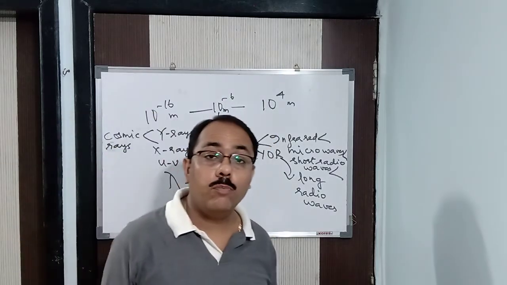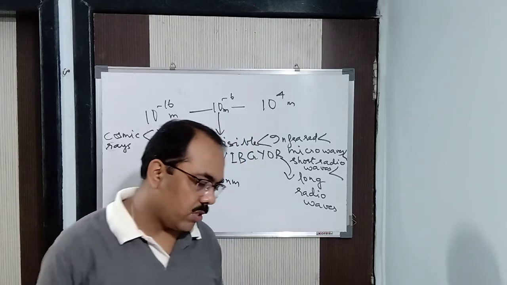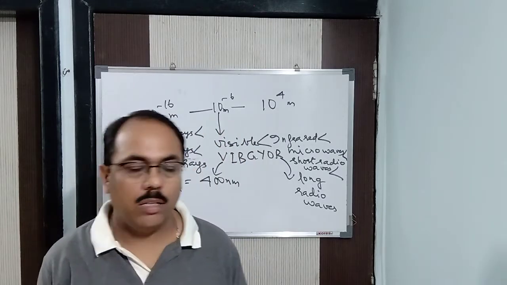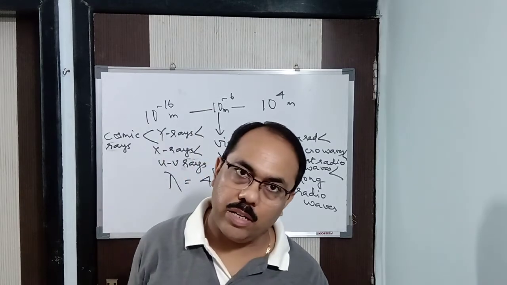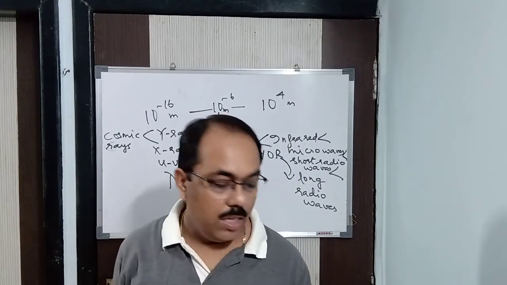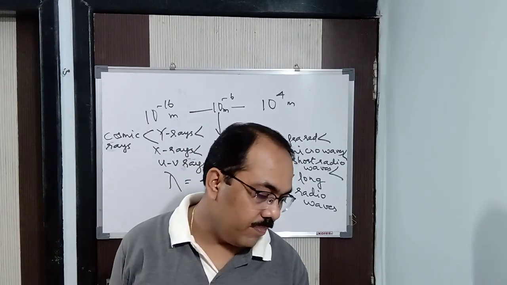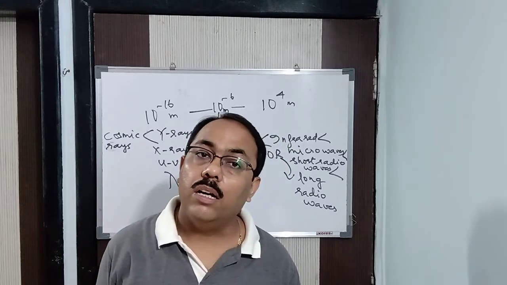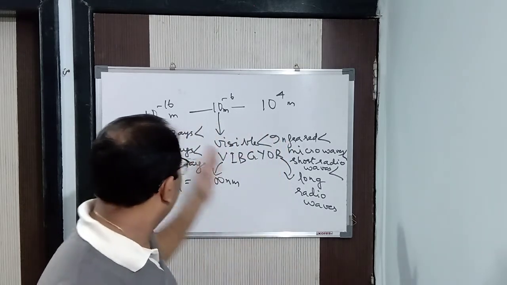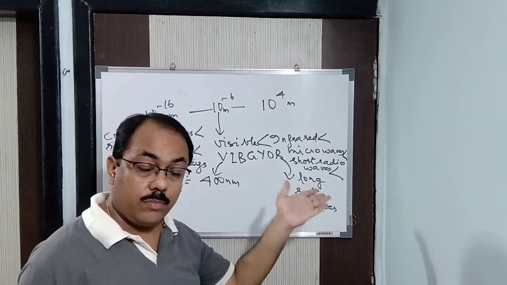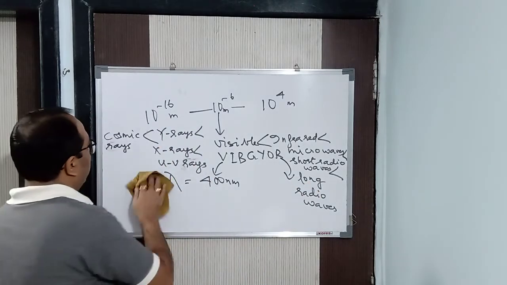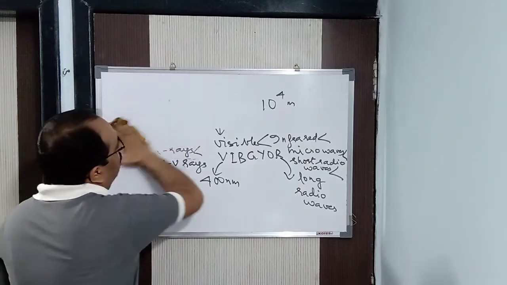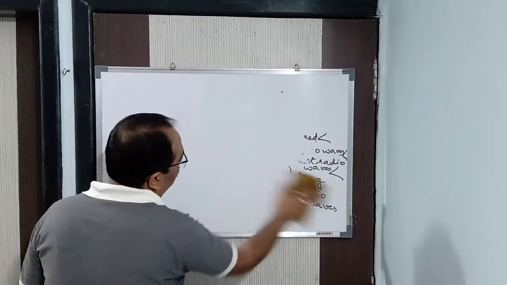This is your electromagnetic spectrum, so to say. Alright, which I have said already. You can calculate the frequency. You are given the wavelength. You know the velocity already, 3 into 10 to the power 8 meter per second. You can use this and calculate the frequency of all the electromagnetic spectrum. You can calculate it. Clear? Or the electromagnetic rays, I should say, you can calculate it. Fine. So this is about your electromagnetic spectrum.